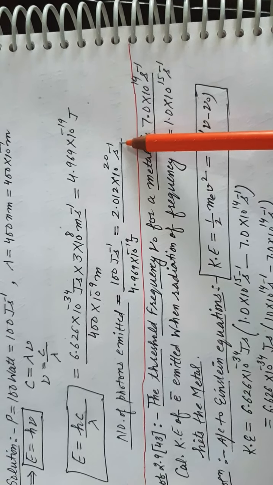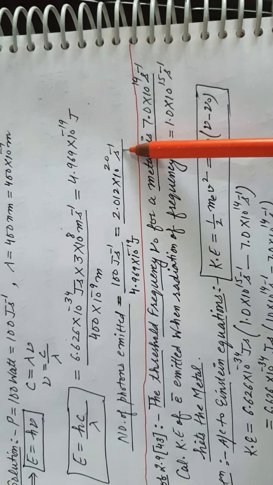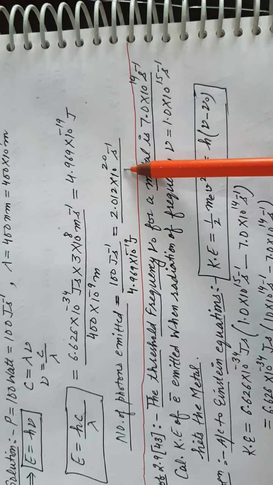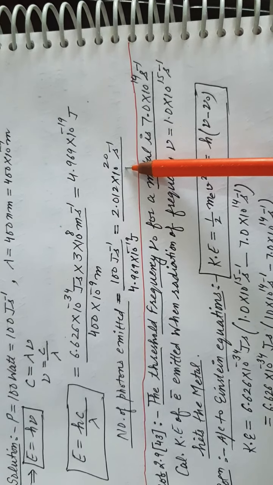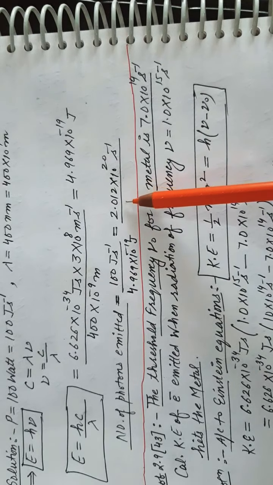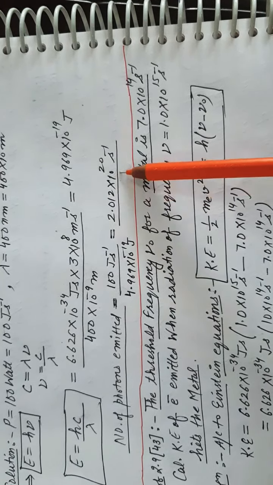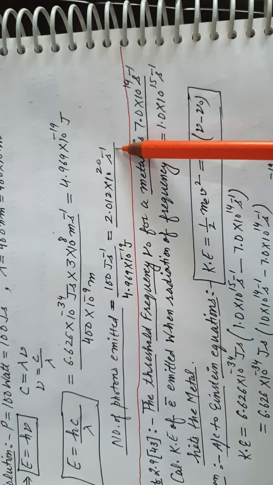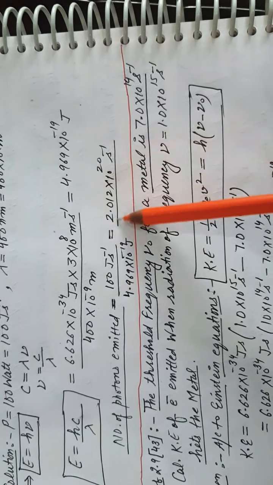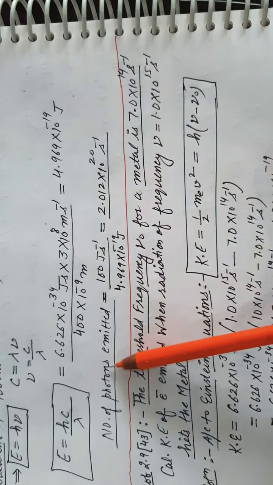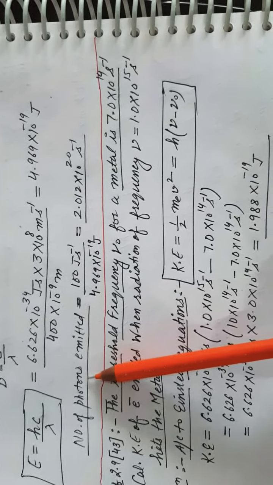Second inverse is known as Hertz. The number of photons emitted per second is also known as frequency, and the number of photons emitted will be 2.012 into 10 raised to power 20 per second. So in one second this many photons are emitted,